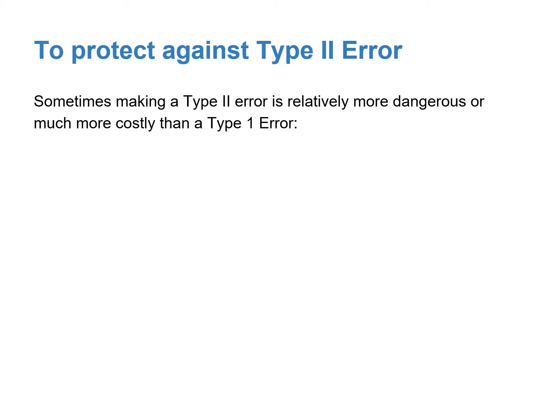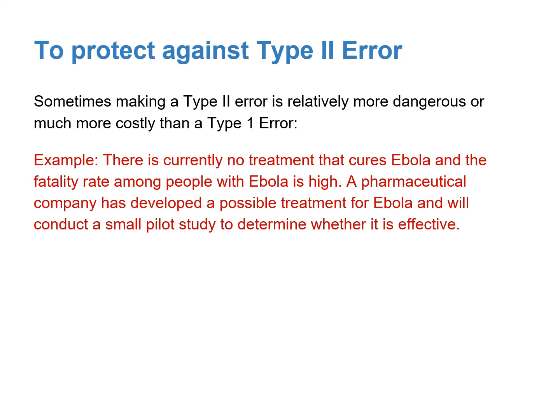Sometimes making a type 2 error is relatively more dangerous or much more costly than a type 1 error. For example, there's currently no treatment that cures Ebola, and the fatality rate among people with Ebola is high. A pharmaceutical company has developed a possible treatment for Ebola and will conduct a small pilot study to determine whether it is effective. Now, a type 1 error here would mean that I believe that this drug is effective and maybe continue to study it in a larger scale study to try to prove that it's effective